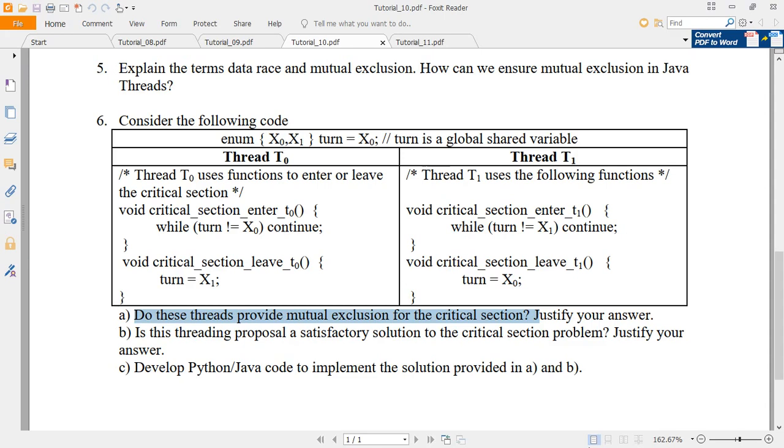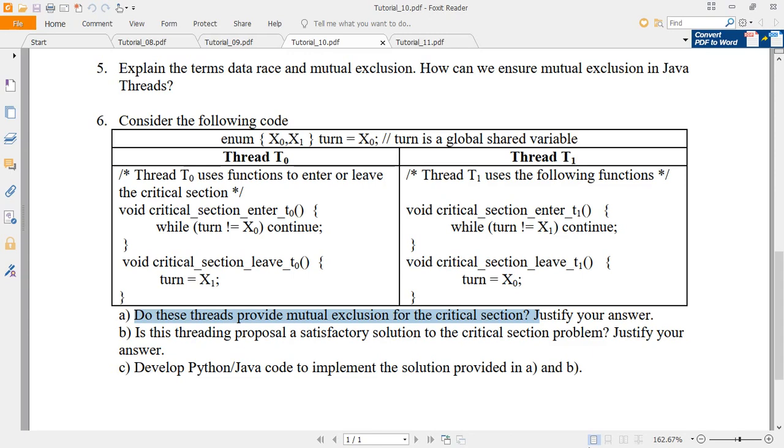I have discussed these monitor states in Java programming in lecture 36, and in lecture 37 the same code was rewritten in Python programming. That means I have explained how the same monitor states are written in Python for inter-thread communication. So go through lectures 36 and 37 so that you can answer this question.